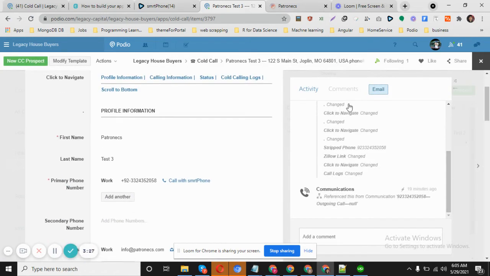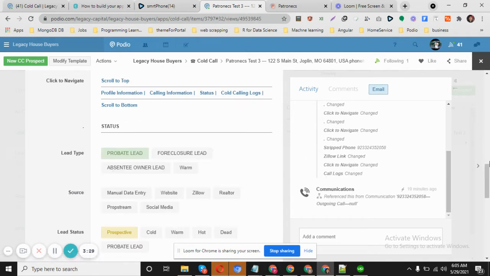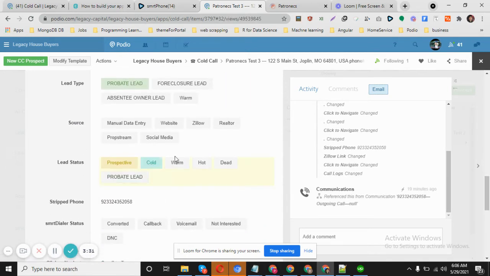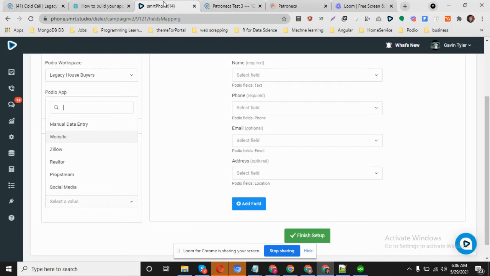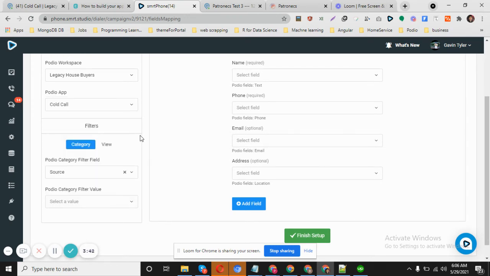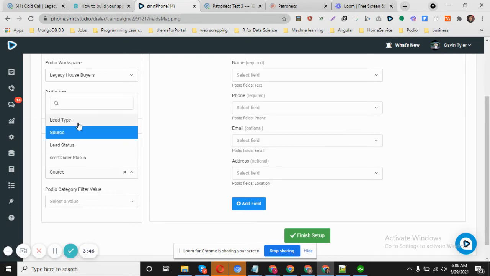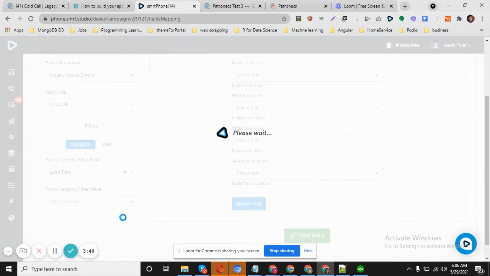Let me go to the status section. Here you can see that these sources are also available in this drop down. But we are not filtering them based on source, we will be filtering them based on their lead type.